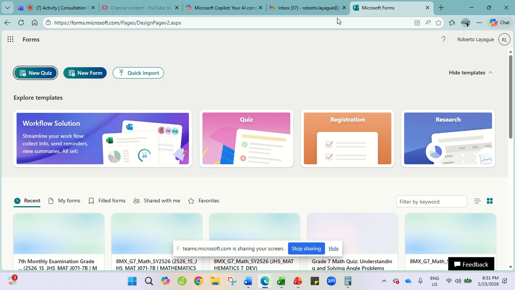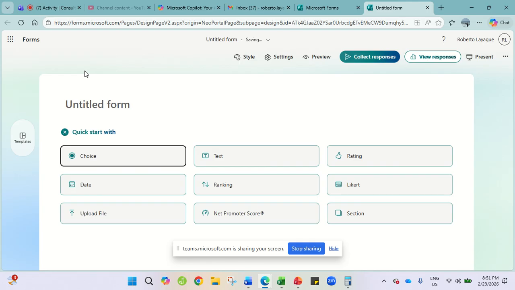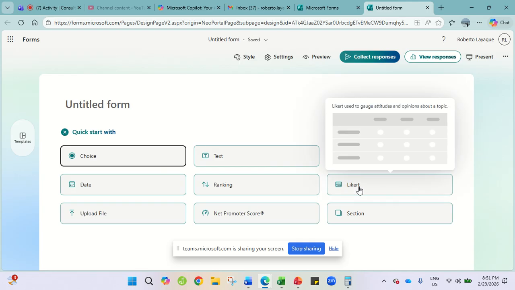In this video, I'm going to demonstrate how to create an online form for you when you're doing your data gathering. Okay. Now, I'm using Microsoft Forms, so we're going to work with new forms. Technically, there are a lot of question types that you could use. However, what I'm going to use now is a Likert scale.